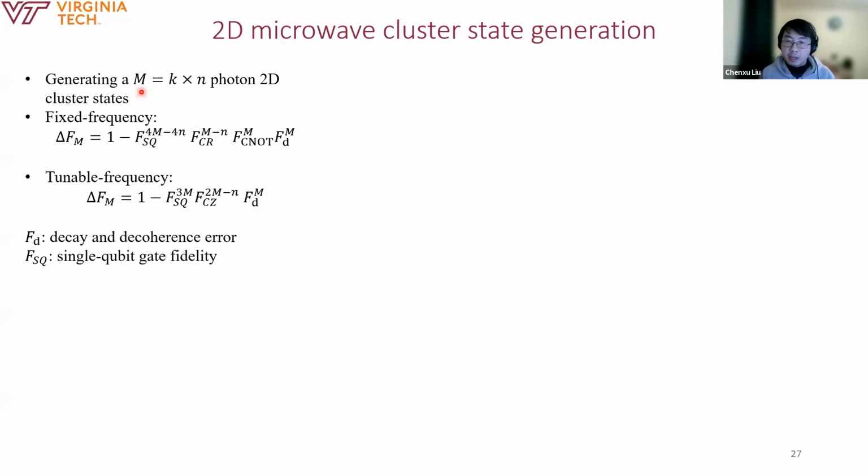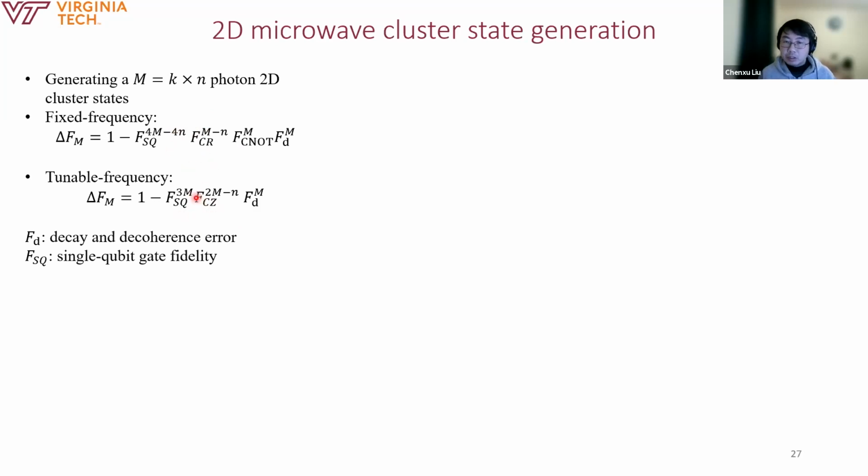qubits, and using K photon generation units, the fidelity of the generated 2D cluster state using either fixed frequency transmon qubit or tunable frequency transmon qubit can be estimated using these two equations. So note that the cross-resonant gate and the CZ gate are the native gate set for the fixed frequency transmon qubit and the tunable frequency transmon qubits. So we translate the required 2-qubit gates in order to generate this 2D cluster state using either cross-resonant gates or the CZ